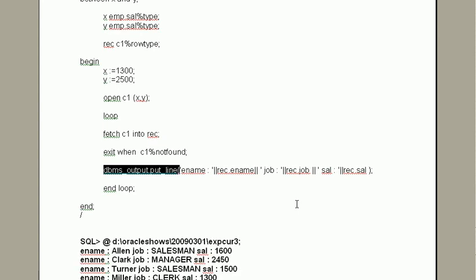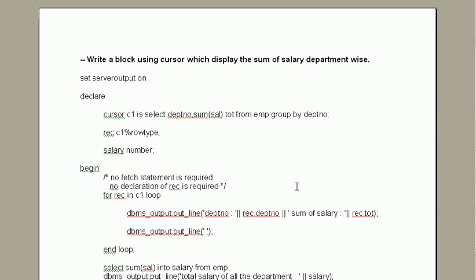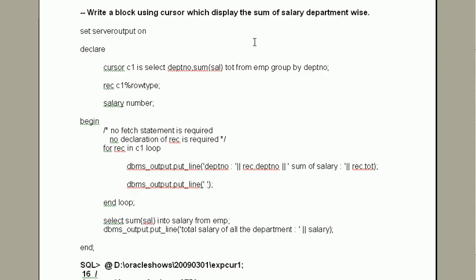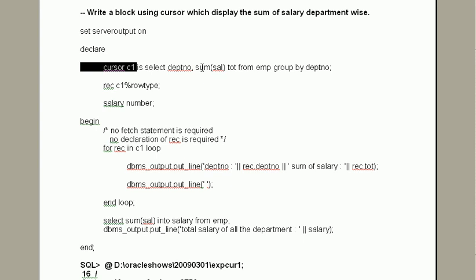Now again I am revising the explanation. Here what we have done, the simplest query having the group by clause, and cursor name is C1.